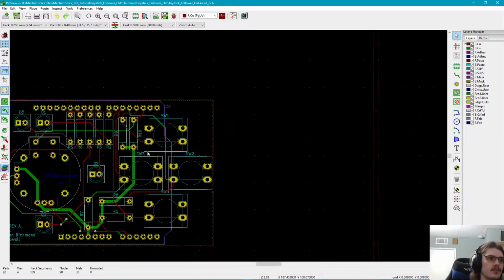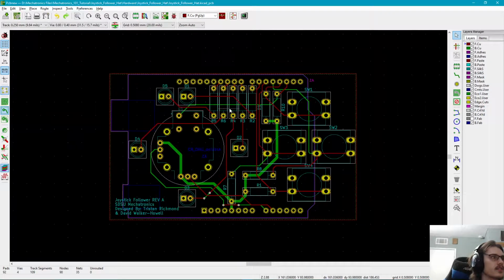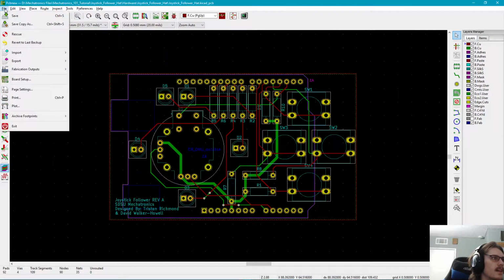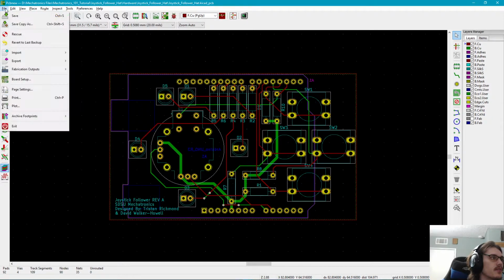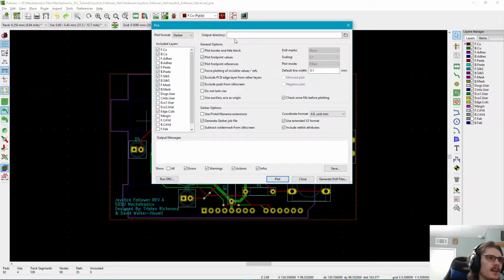Typically, you would go through a manufacturing board company, and you would send them the files for this board to be made. So what you're going to do for that is go to File and go to Plot, and you're going to have this screen pop up. What you're going to want to do is create a new